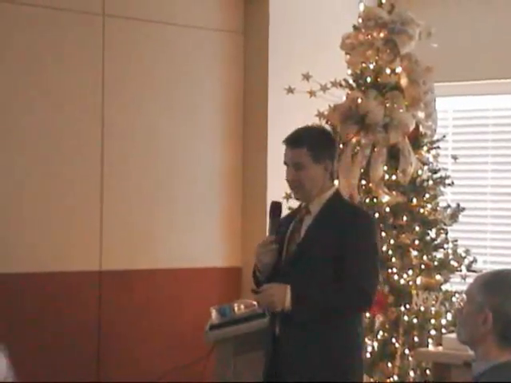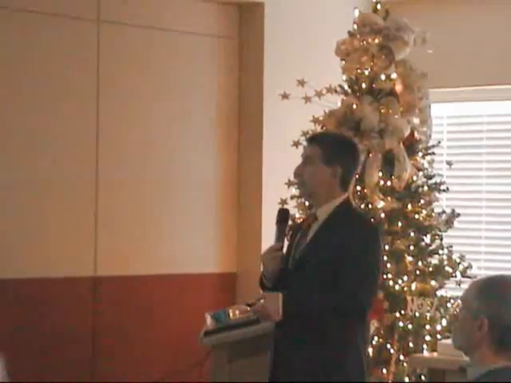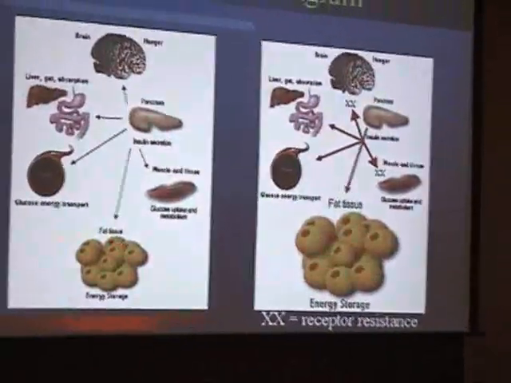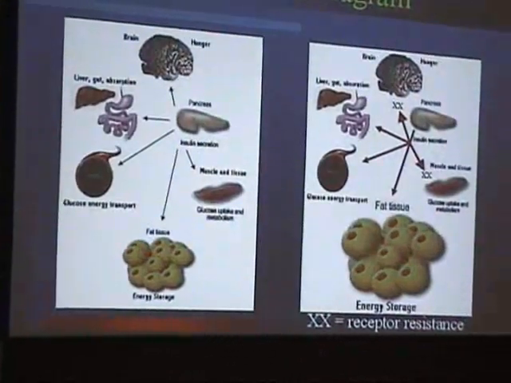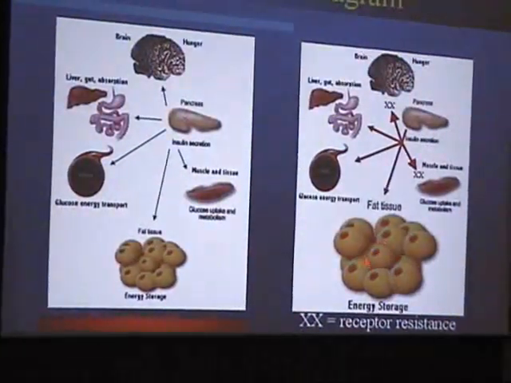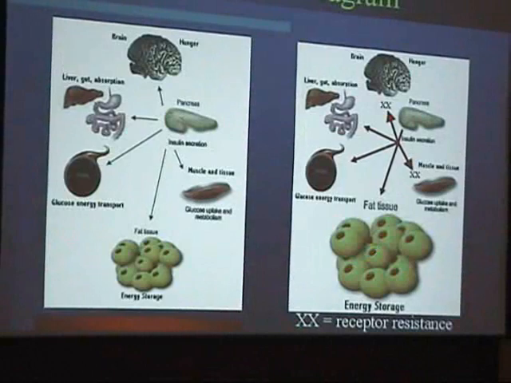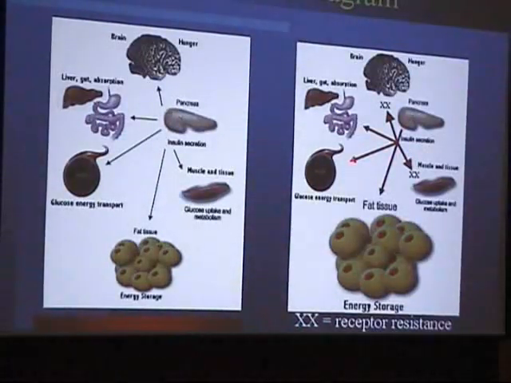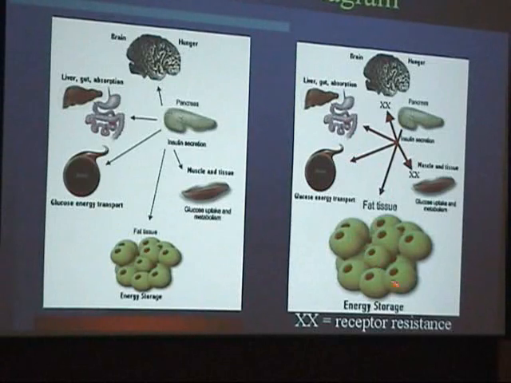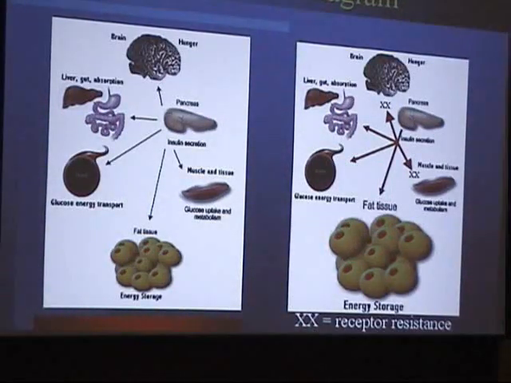And this is just another slide describing insulin resistance. So this is the normal condition. The pancreas is putting out insulin. And here we have our adipose tissue. And then over time, this adipose tissue doubles in size. And now the pancreas has to pump out more insulin. And then these X's show there's now resistance in the brain, in the end organs. And so this is just another way to demonstrate that the buildup of adipose tissue leads to worsening insulin resistance.